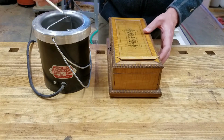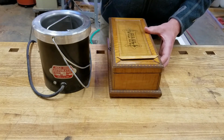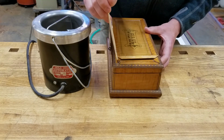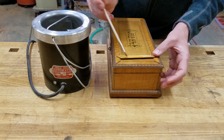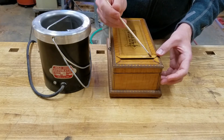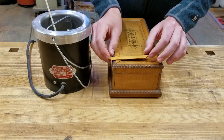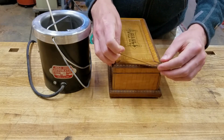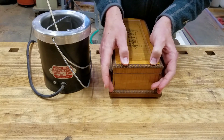We take our brush with some hide glue, we apply it to the surface to be glued. We apply it to both surfaces to be glued. So they're both hot and covered in glue. And then we just take that, flip it in place, press it down tight,